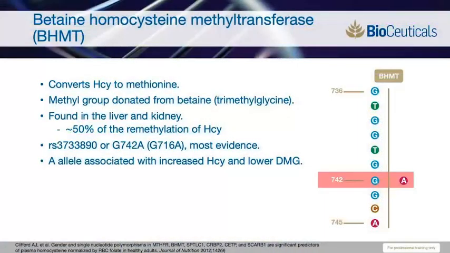Another one to mention that helps to convert and regulate our homocysteine levels is BHMT, betaine homocysteine methyltransferase. BHMT is predominantly found in the liver and the kidney. It converts about 50% of the homocysteine in the liver to methionine, so possibly very important for detoxification. It requires betaine, which can be oxidised from choline, and the SNP, again, is not nearly as evidence-based as, say, MTHFR,